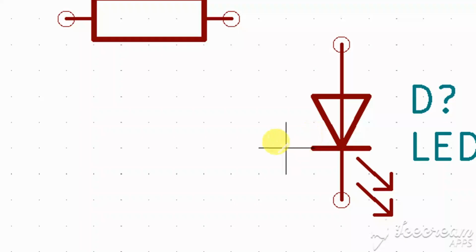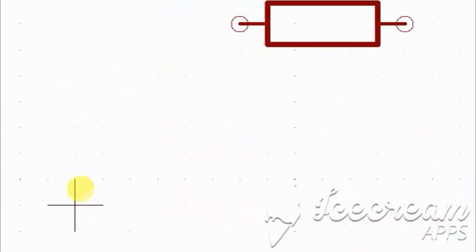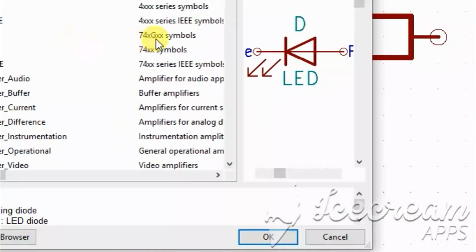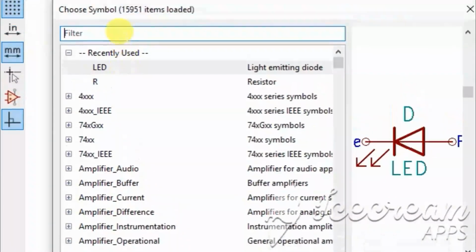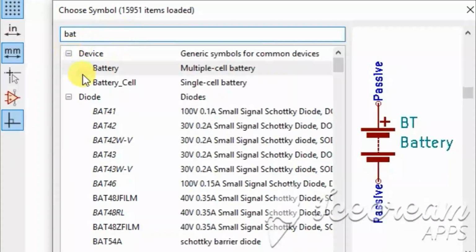And next I am placing one battery. Place symbol and again click any area in your project. Click this place and the load dialog box appears, and search for battery. It shows cell battery.